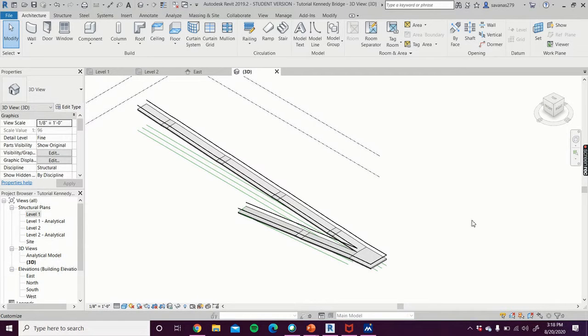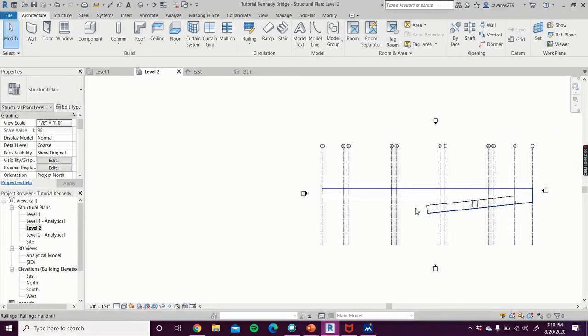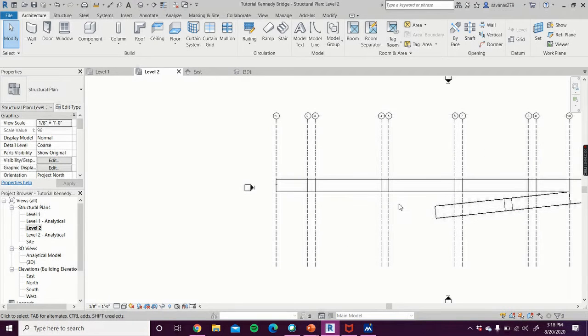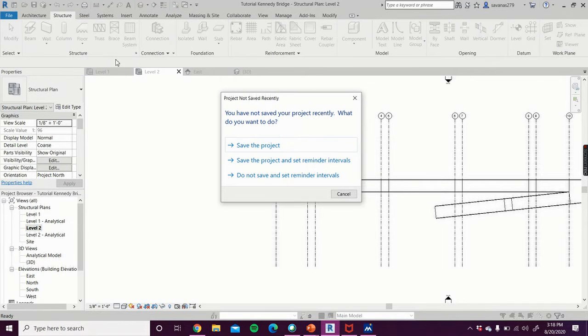Hey everyone, in this video I'm going to be continuing making the bridge. I'm going to be making the top portion of the bridge that is flat by making a floor. So let's get started. You're going to make sure you're on level 2 for this, because the ramp we already did in level 1, or you should have. So now we already have the ramp here, so I'm just going to be adding on to it, drawing it out. So let's start. I'm going to go to Structure, Floor,